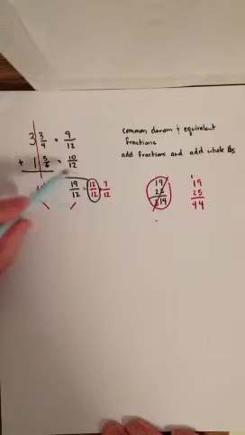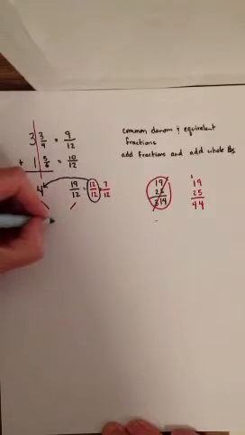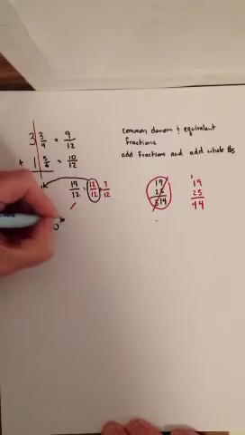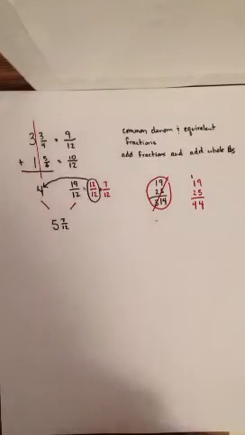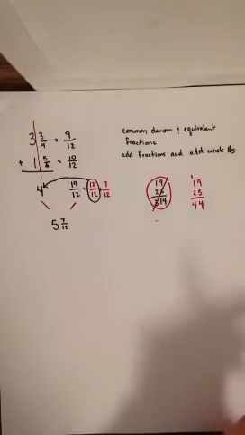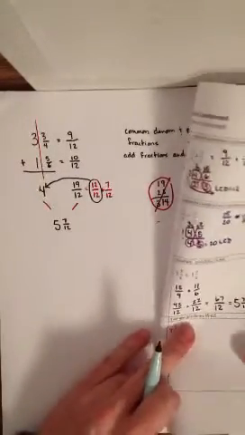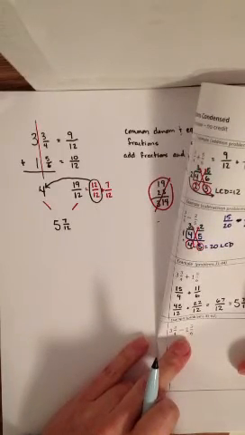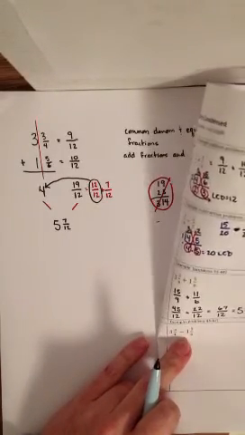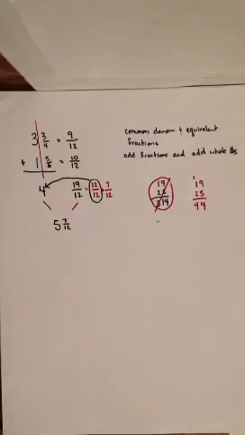This whole needs to carry over into the whole column, making this answer 5 7/12, which is the same answer that we got doing this problem with the improper fraction method. Going back to the subtraction problem,